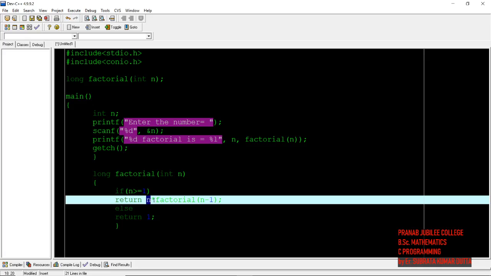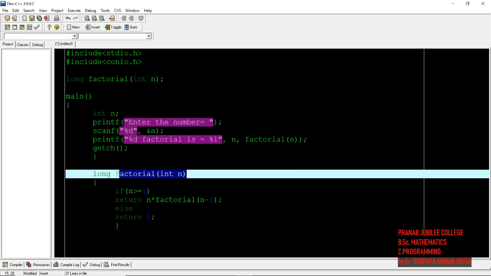So now it is 3 into factorial of 2. Again when the compiler sees factorial of 2, it will jump here.